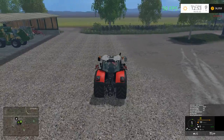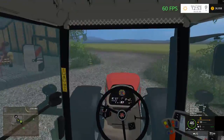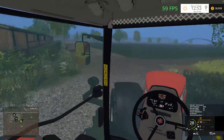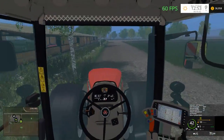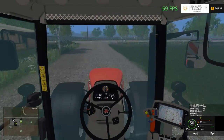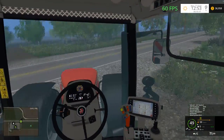Yes, that's good. If you're wondering where that sprayer came from, that's from American Eagle Modding. That's where that one came from. And of course you need an account with American Eagle Modding in order to download it. So keep that in mind. And let's go ahead and pick that up, and we'll spray that